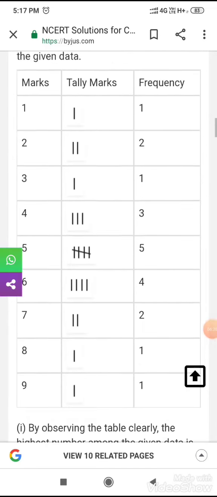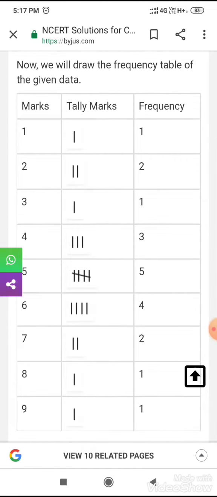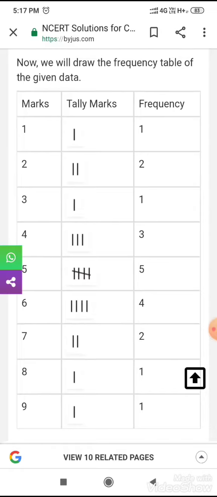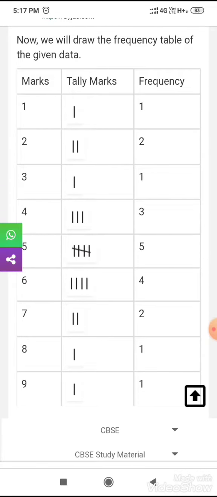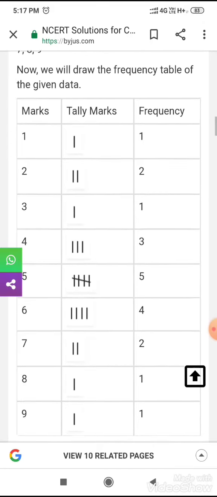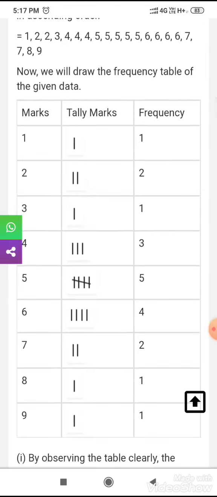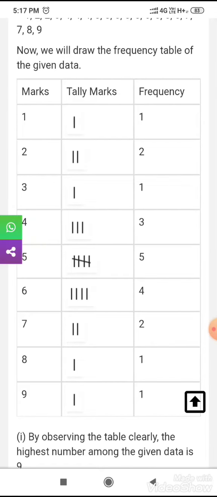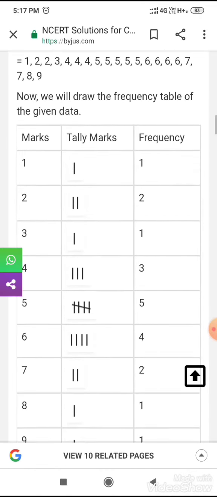For solving the second question, first you have to draw a table as shown here. First column of marks, second column of tally marks, third column of frequency. So in your question, marks are from 1 to 9. Then you study your marks carefully and